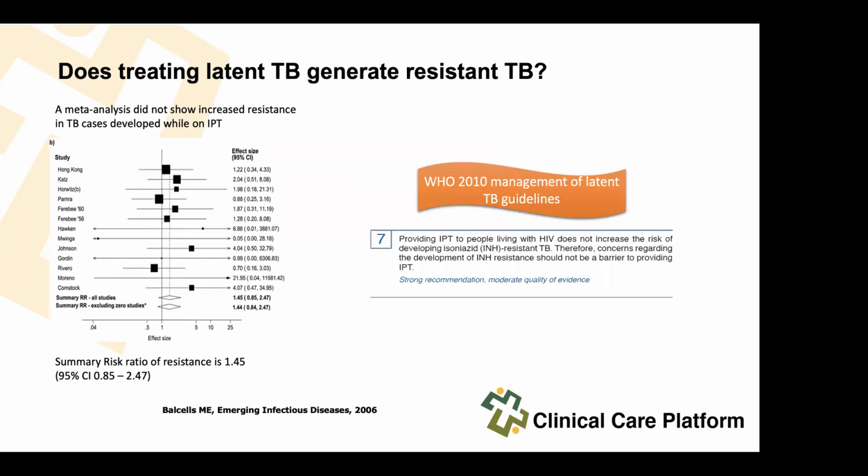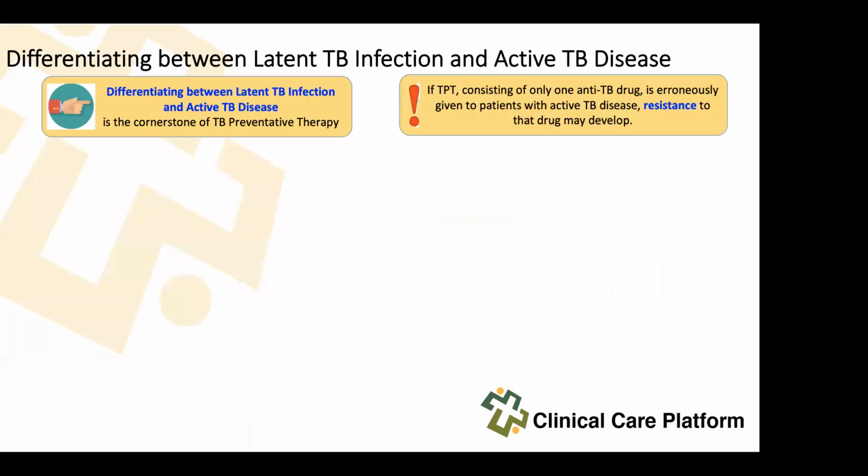And to my dearest clinicians who are worried about resistance, really, there is no solid evidence. If you look at some of these studies, they are as old as the 1950s. INH prophylaxis is a very old program. And the way we are using it in the country, if there was a risk of resistance, we would have picked it up by now. So there is no strong evidence to suggest that in a patient where active TB has been excluded and you provide INH prophylaxis, for example, that you are increasing the risk of resistance. We have not seen that.